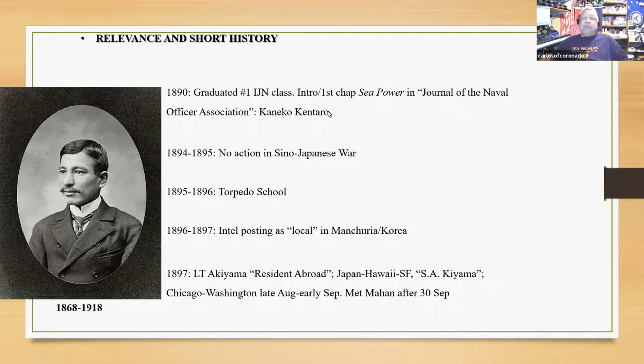If the name sounds familiar to you, it's because he's going to be the Japanese representative at Portsmouth after the defeat of Russia, along with another individual I'll talk about. Akiyama saw no action in the Sino-Japanese War because of bad weather. After the war, he goes to torpedo school where he gets familiar with weapons and electric machinery. And then his next posting is quite unusual. Two things on this. The Japanese Navy is finding its sea legs on intelligence. And so he's dispatched as a local in Manchuria and Korea, which means he probably had some command of Mandarin and of Korean. And it's just a follow-on from the Japanese army, which used what we call honeypots